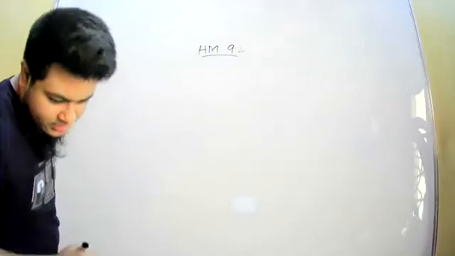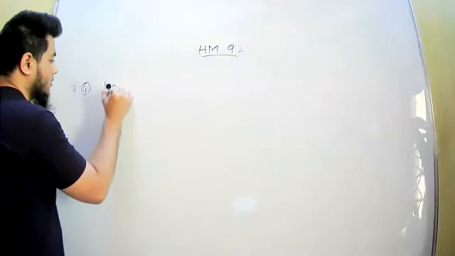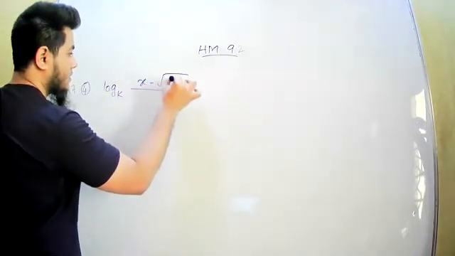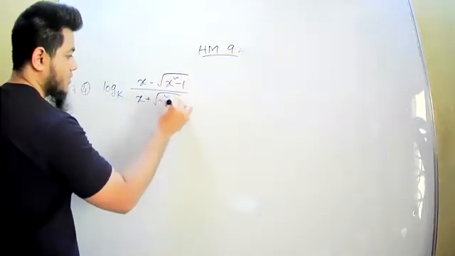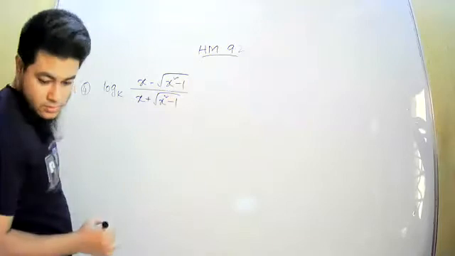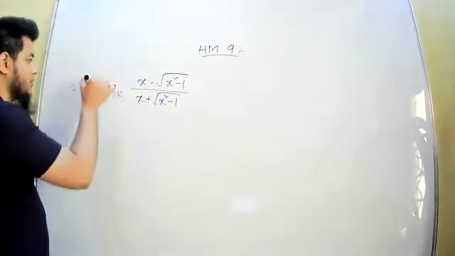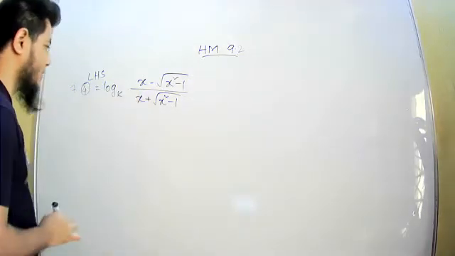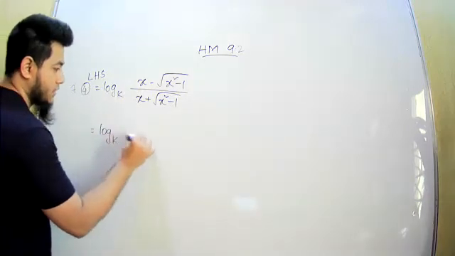Log a base x minus root over x square minus 1 and x plus root over x square minus 1. This one, oh, we have to show this one equal to something. So this one is left hand side. So left hand side equal to, write this down. তো এই ধরনের প্রবলেমগুলোতে যেটা করতে হবে সেটা হচ্ছে ডিনোমিনেটরে